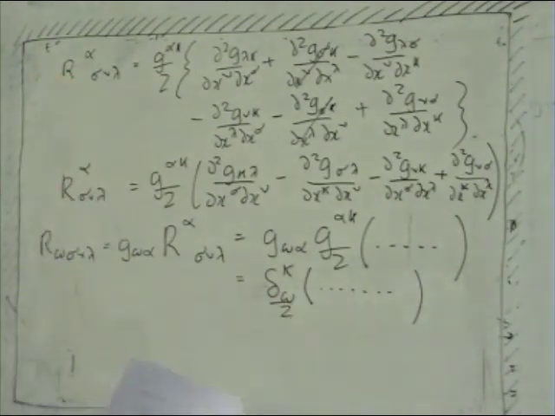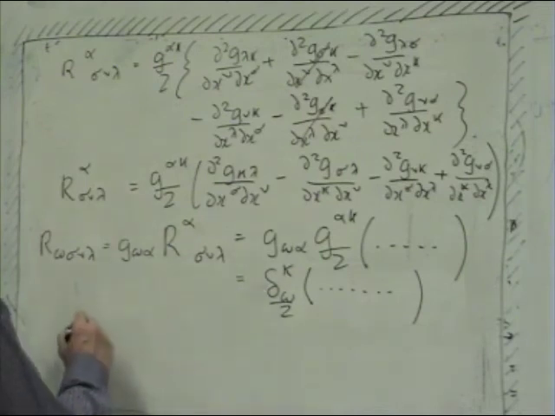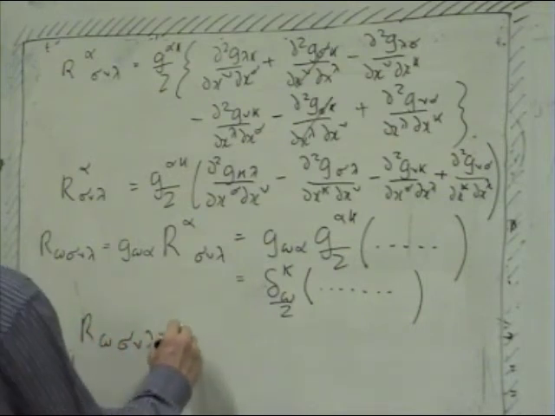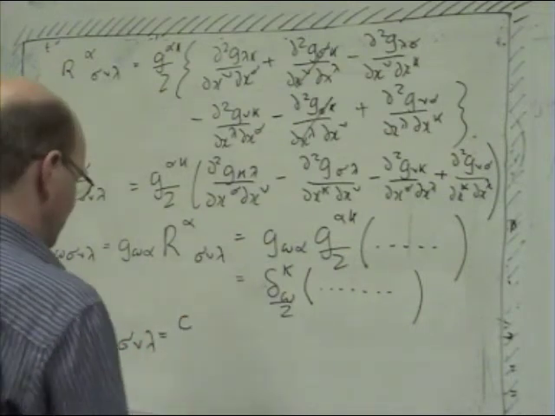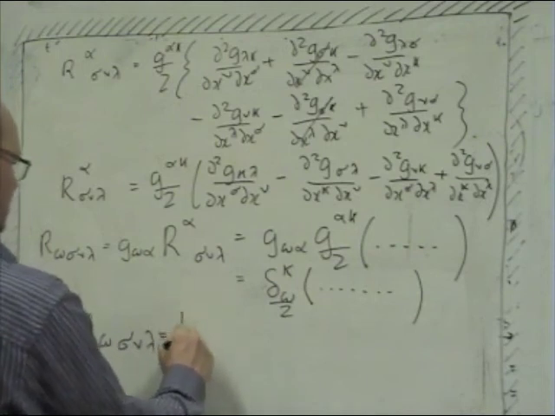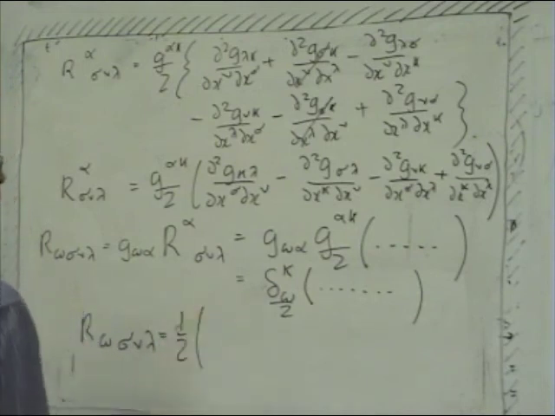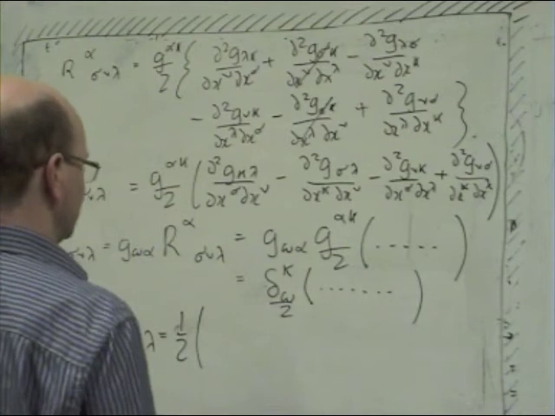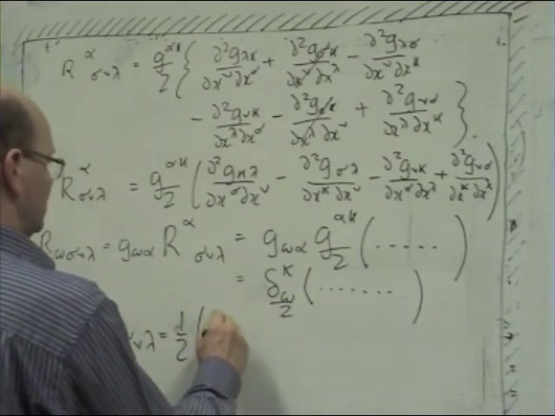What this says is go through the bracket and replace all the kappas by omegas, right? So we end up with R omega sigma nu lambda equals, there's no G anymore, it's gone, it's just a half, right? And the delta's going to move into this bracket, and its function is to replace all the kappas in there by omegas. So when we do that,